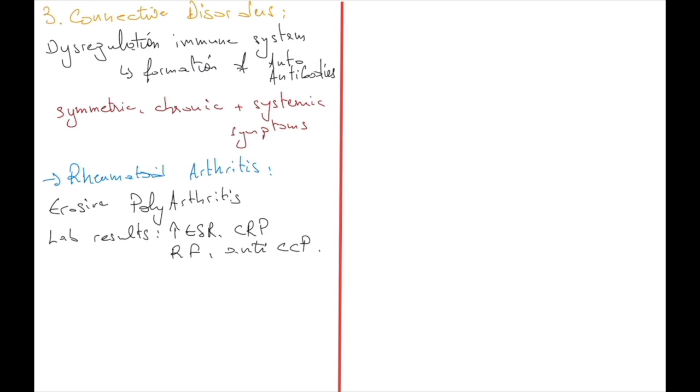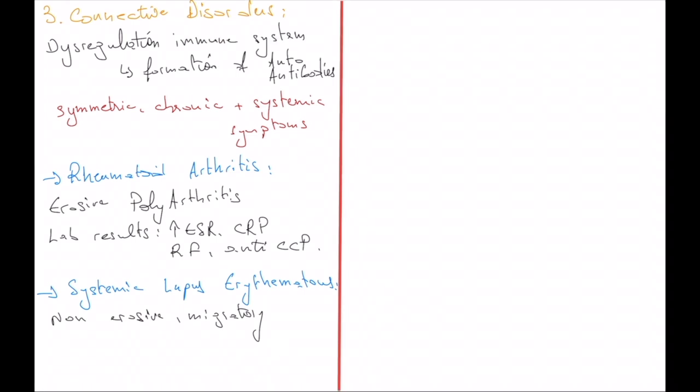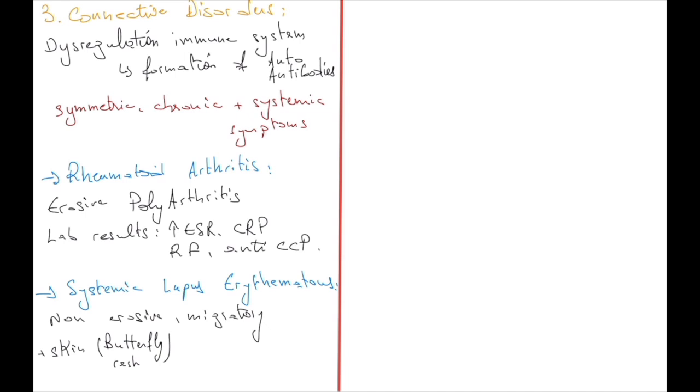Next, we have another famous disease, lupus or systemic lupus erythematosus. Lupus is also called the great imitator because it can mimic so many other diseases. Features include non-erosive and migratory polyarthritis, meaning it can touch the knee, then go up to the wrist, and then back to the foot, etc. With skin involvement, it has the characteristic butterfly rash or the malar rash over the cheeks and the nasal bridge, sparing the nasolabial fold, which is extremely important because it allows us to differentiate it from another connective tissue